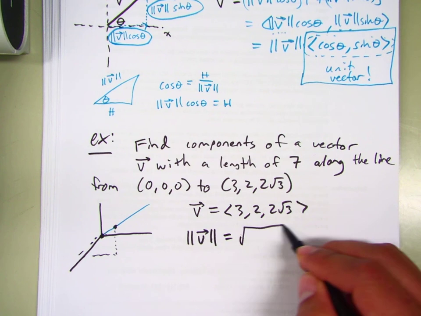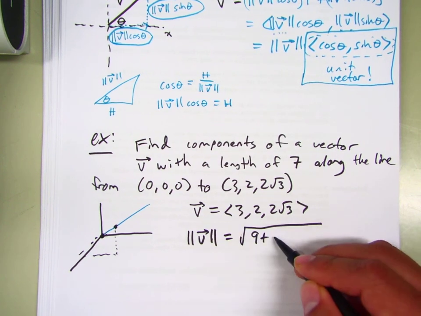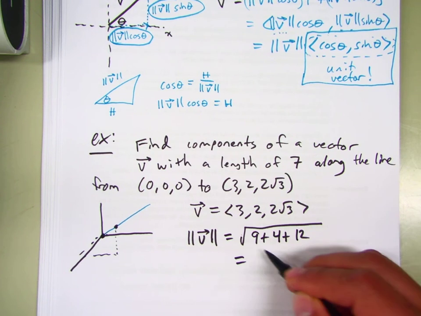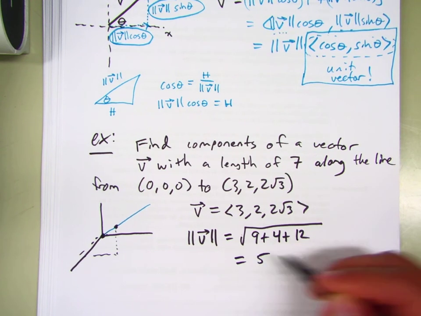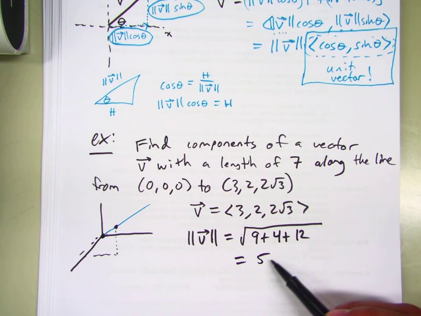Well, the length is just going to be the square root of the x component squared plus the y component squared plus the z component squared. And if you add that up and take the square root, you get that this length is 5. So not quite 7, but it is 5 in length. And so now